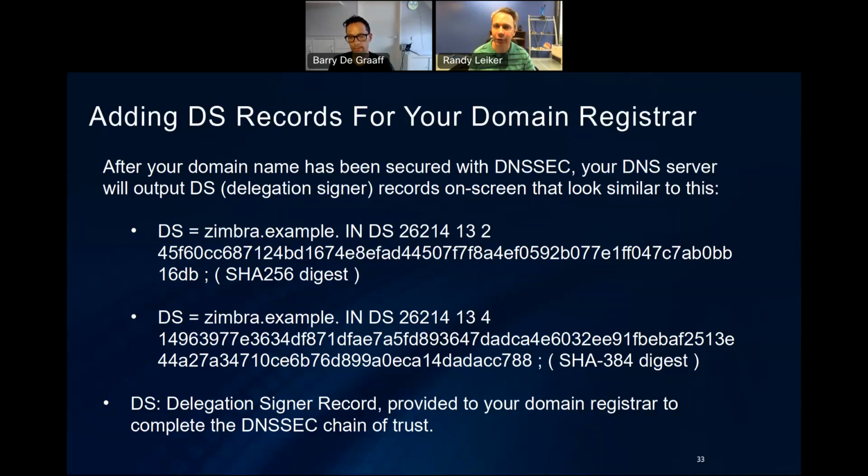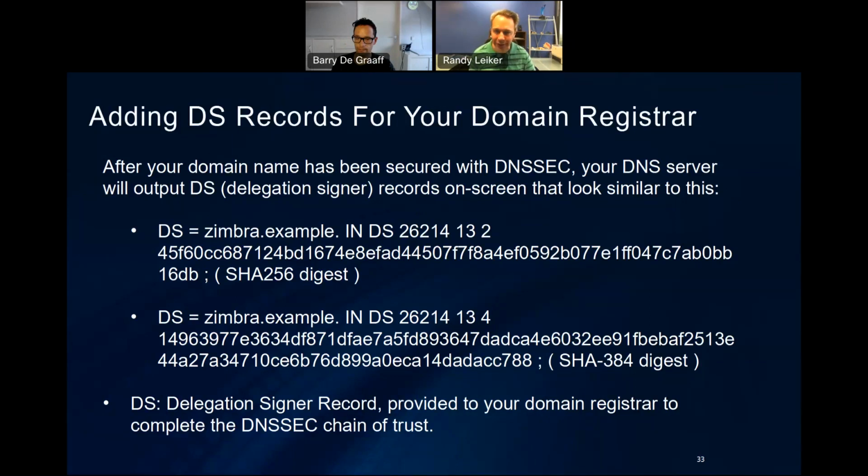So we see a couple of versions of the DS record for your domain name. Now, each of these is using a different encryption algorithm and hash, and these are going to look pretty cryptic at first glance. So let's break these down into what you need to know. We're going to be using just a single DS record that will be provided to your domain registrar. So to simplify this discussion, we're going to focus on the first DS record listed on the slide that contains